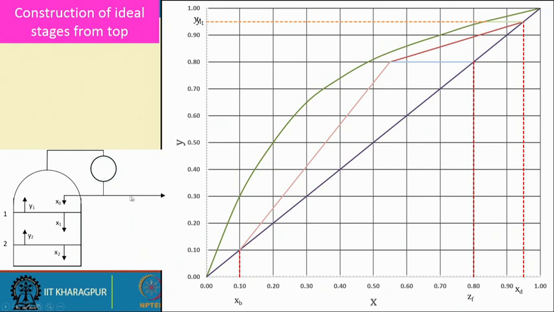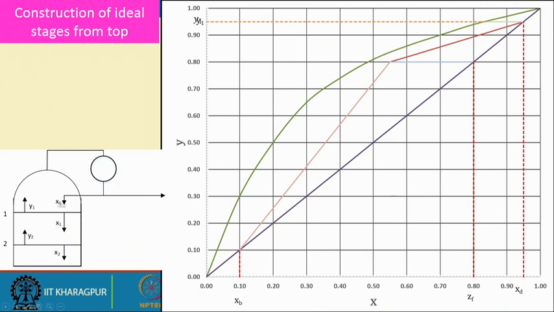So, after condensation we are getting this as the XD, and from here we get the X0 as the liquid concentration of the reflux. Now, from stage 1 we are getting X1, from stage 2 we are getting X2, and all these X and Y are given in terms of the benzene concentration. So, first after this, we go to this particular equilibrium curve. Suppose if it is a total condenser, then X0 will be same as Y1. And Y1 is in equilibrium with X1.